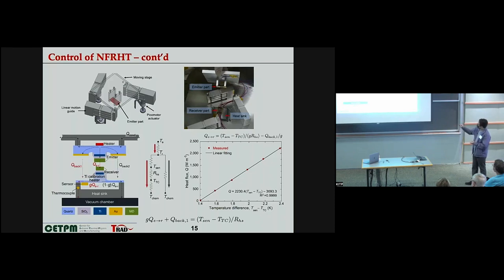So if we rearrange the equations, we can come up with this linear relationship. So with the many measurements, we can fit with the linear functions. And this is the pre-calibration. For the measurements, we put this emitter and the receiver in close proximity, and